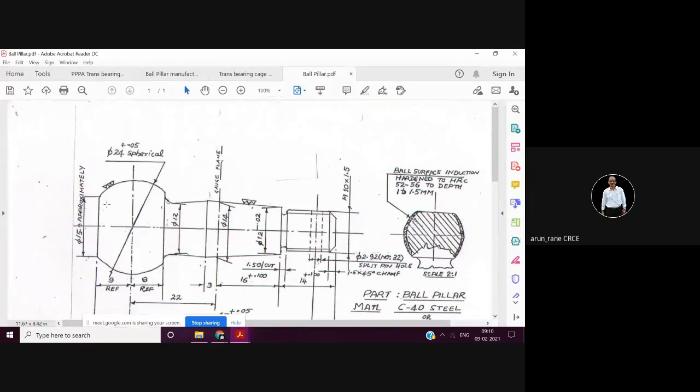Now there are various processes, or the raw material sizes from which the components can be made, which depends on the quantity.